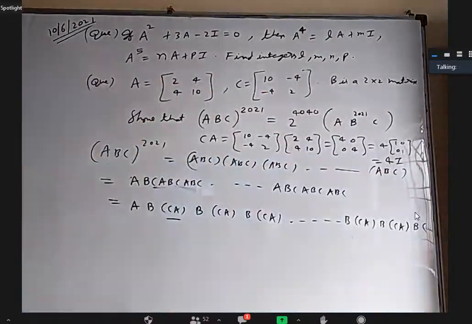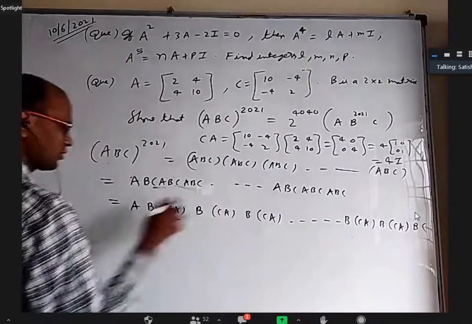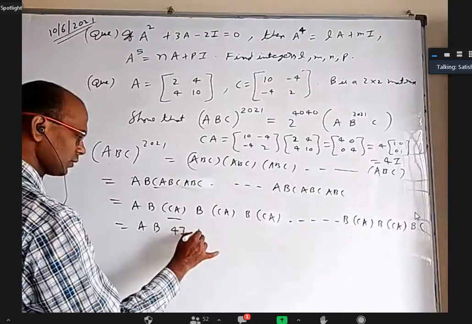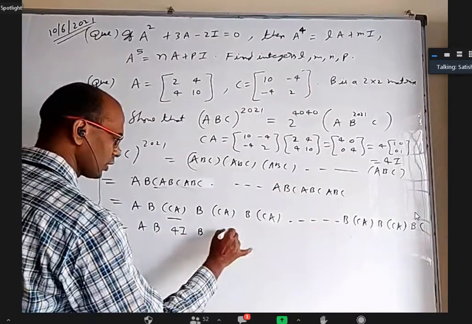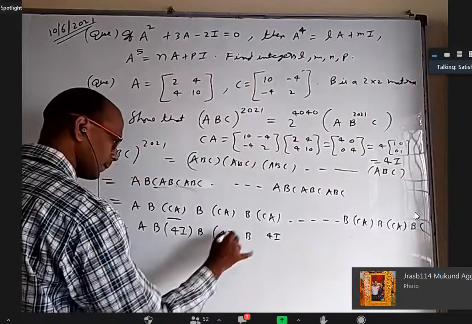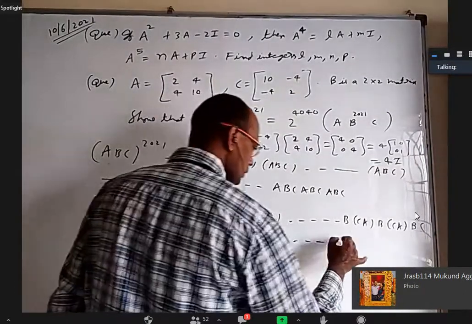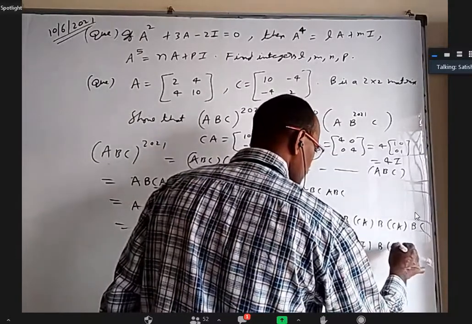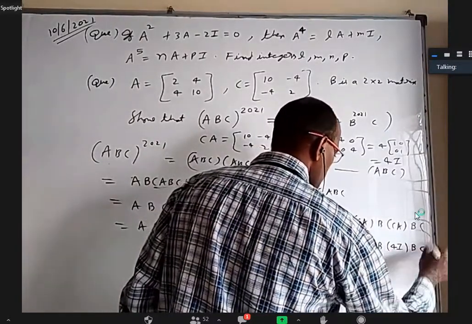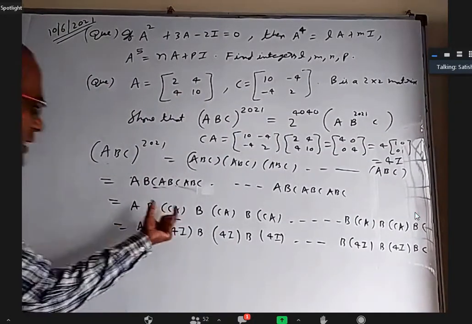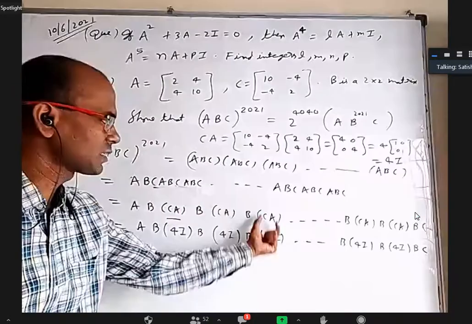Okay. So I am going to replace this with 4i. A, B, 4i, again B, 4i, again B, 4i. Here B, here 4i, here B, here 4i, here B, here C. Okay. Anybody want to tell me when I wrote CA1 bracket like this, CA1 bracket, CA1 bracket, how many times